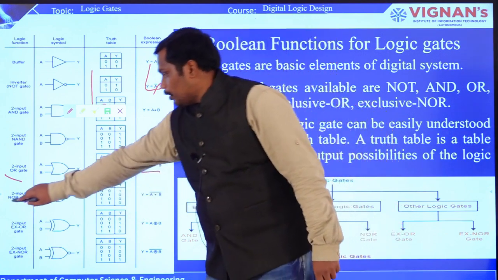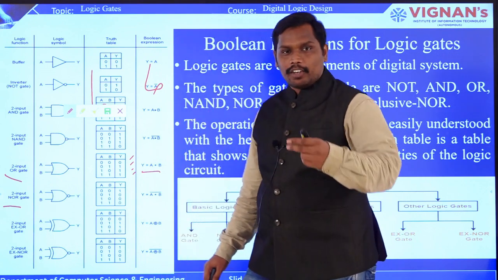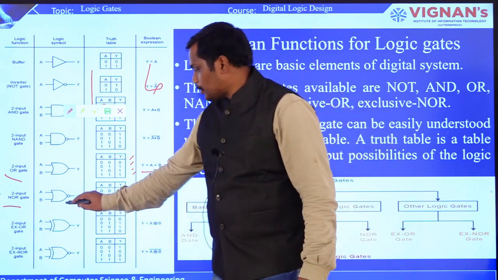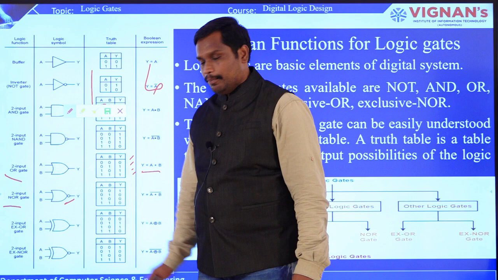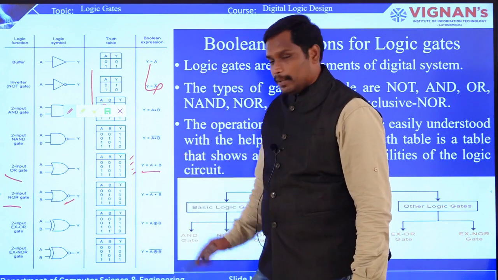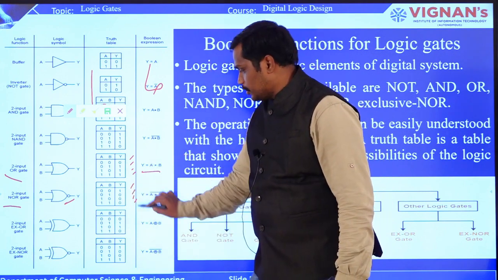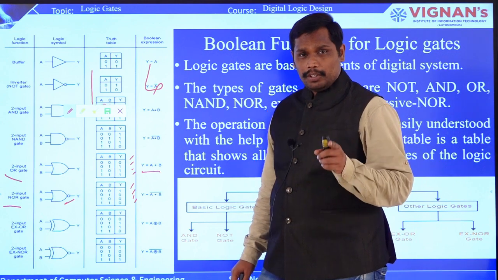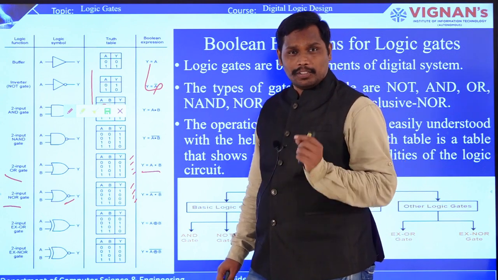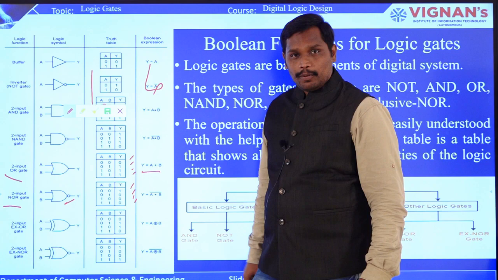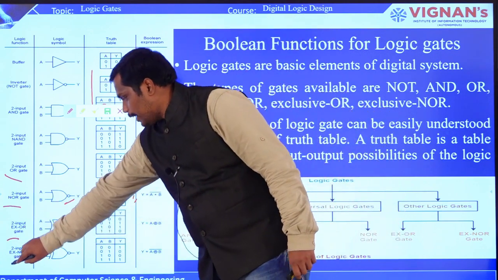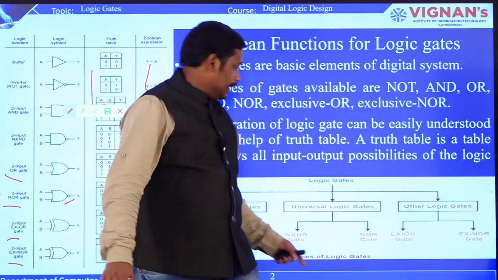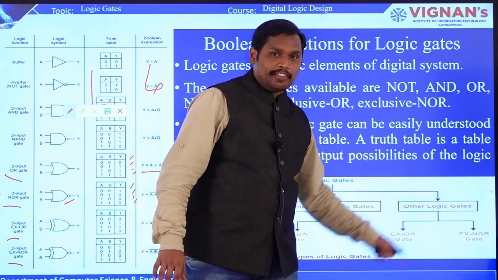So now the NOR gate. NOR means it's an inverter of the OR gate. So an inverter of the OR gate, you will have a small bubble over here. The symbol will be the same, but you can see that the truth table is reversed, which means 1 followed by zeros, which means if both the inputs are 0, then you will get the output as 1. So this is how the NOR gate will work. In the same way, XOR and XNOR are the gates that come under the category of other gates, right?